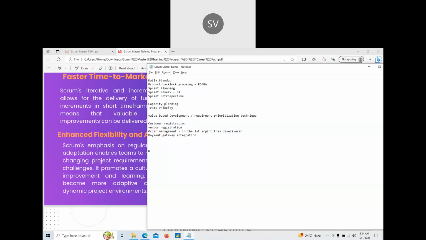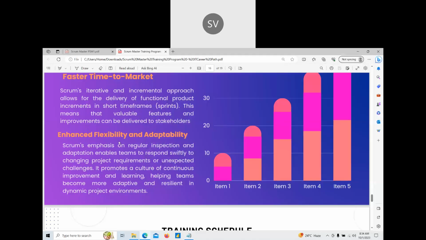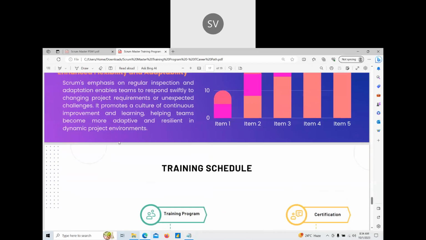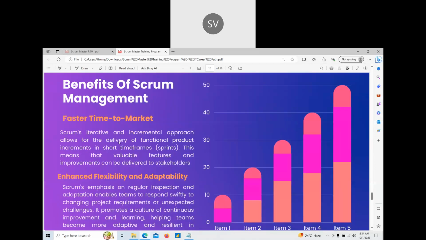If we say development has to be completed by July, by hook or crook we have to complete the development. Whereas in Scrum, as I mentioned, it depends on the team's capacity, so it is very flexible. Okay, any questions until now or any clarifications you want to take?